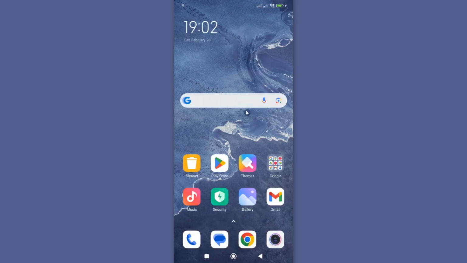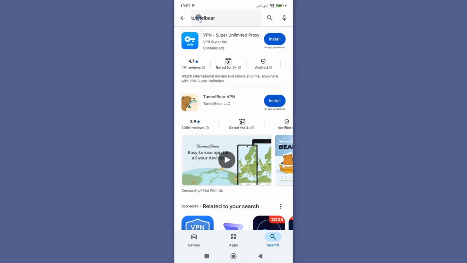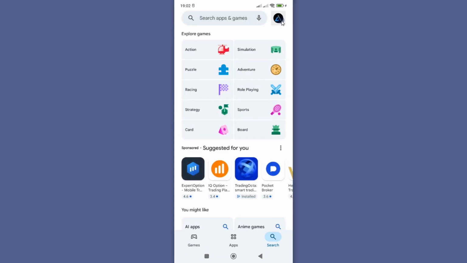Alright, there are quite a number of steps you can take to fix this problem. First, go to your Play Store and search for your TunnelBear app. But before you search, make sure you are logged in with your Gmail account. If you are not logged in, it might be the reason you are experiencing this. However, if you had already logged in but you're still encountering this challenge, then go ahead and click on your